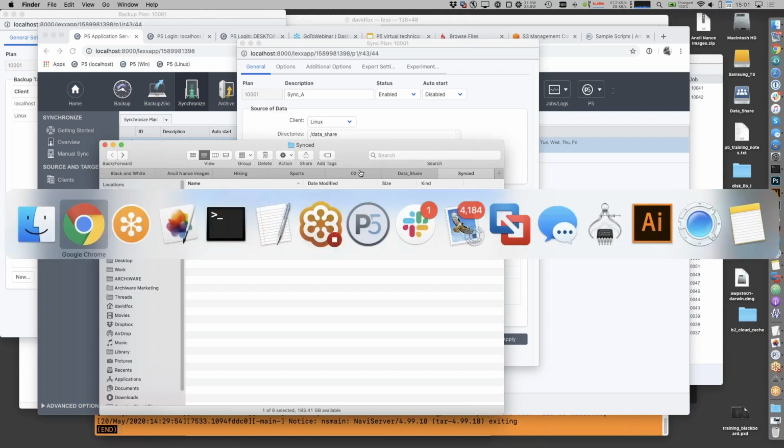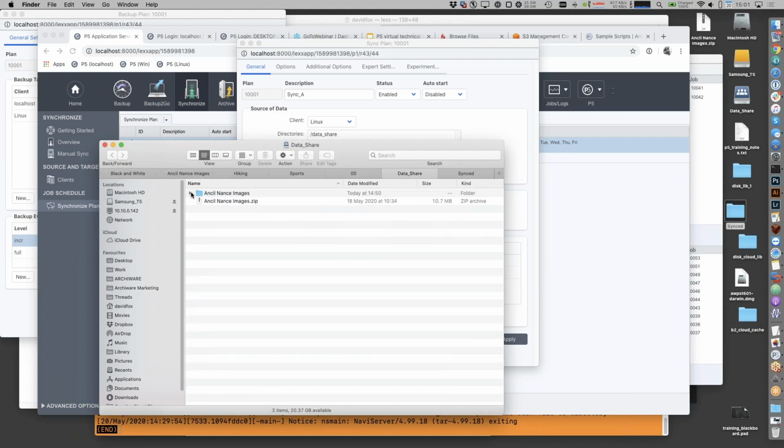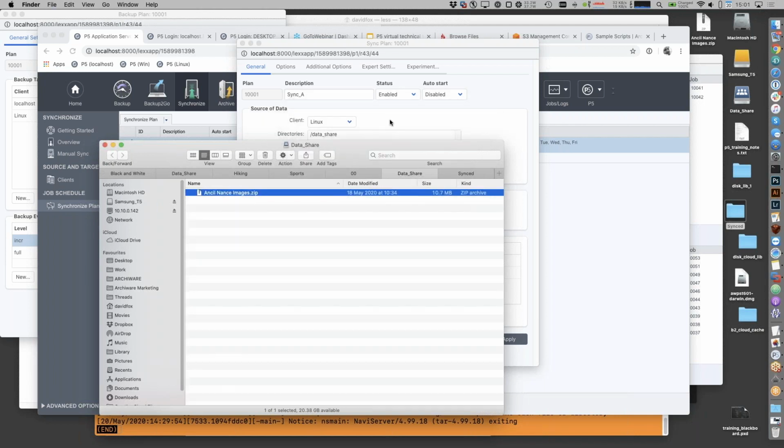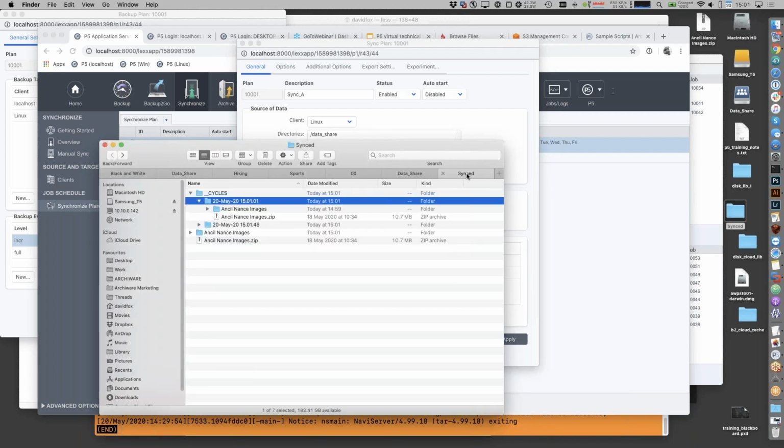So if I were to go make a change to the source folder, like for example, if I were to delete this entire folder from the source machine and then run the mirror sync again and then look at the destination folder after it's had a chance to do its thing,